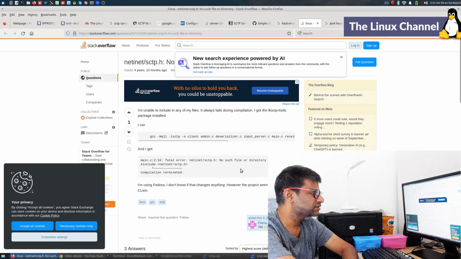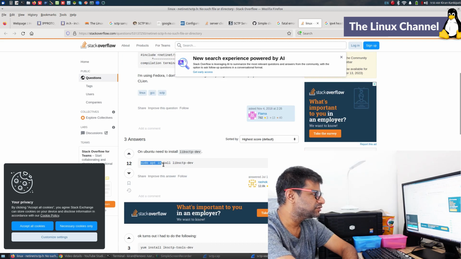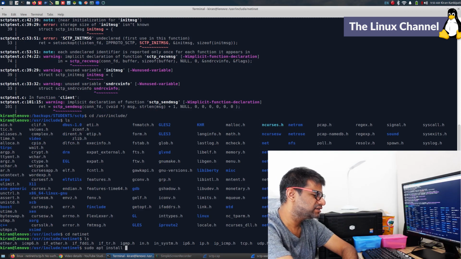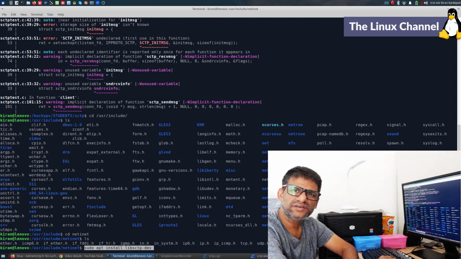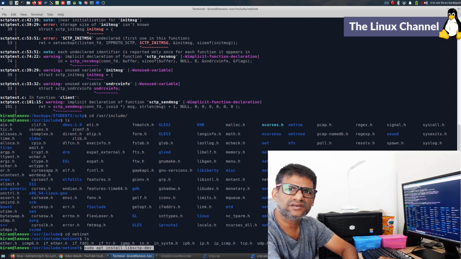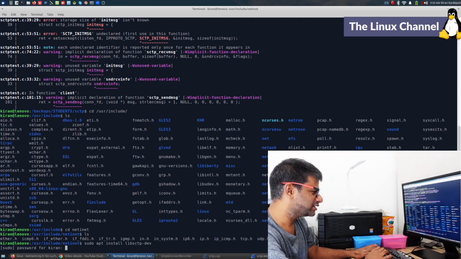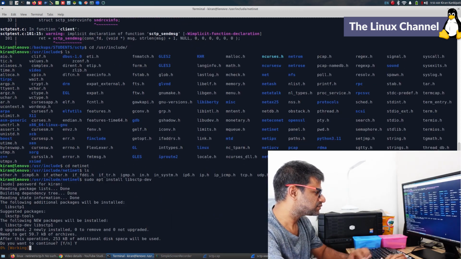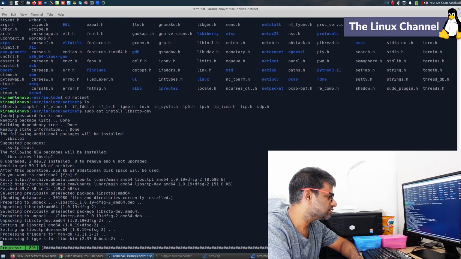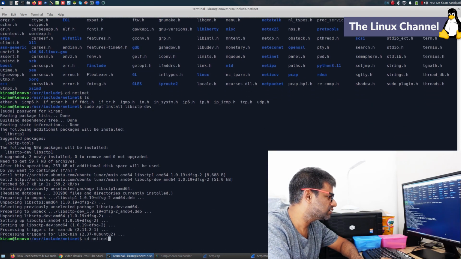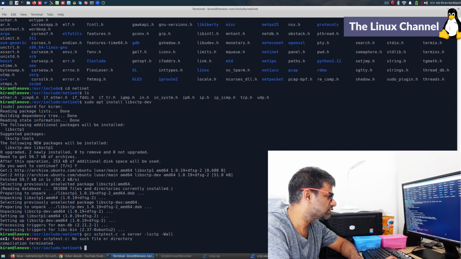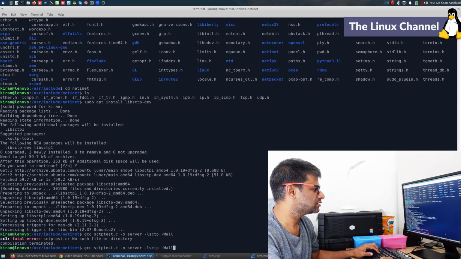So let me install libsctp-dev, and this again shows how alienated the SCTP stack is, because if it were quite prevalent and used everywhere, then this should come by default in an Ubuntu install, but that is not the case. Okay, so let me install this, and then try to recompile this source code, sctp.c.